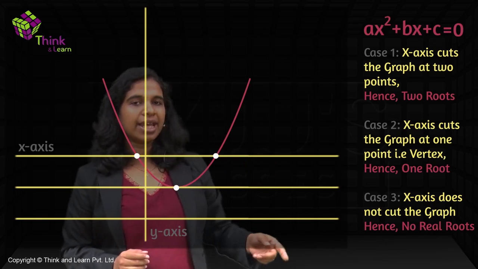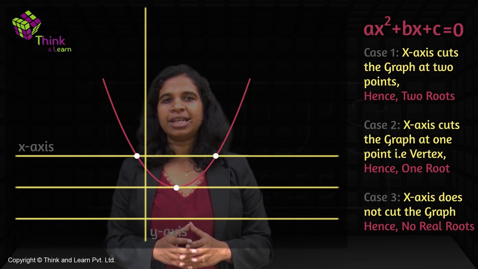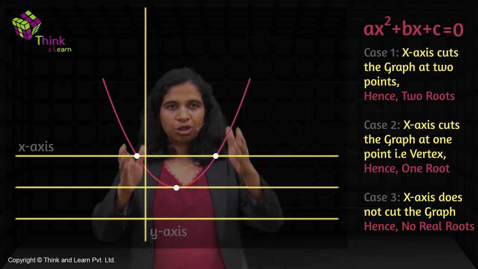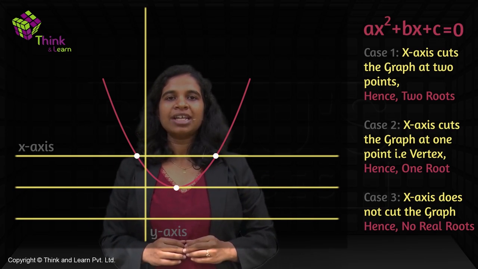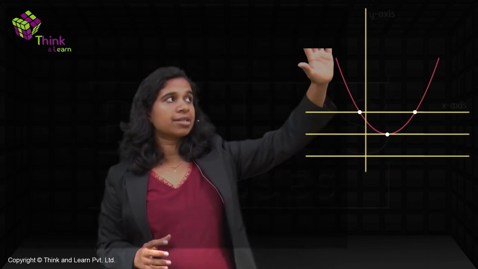Now this same thing, we can even do it algebraically. So far we've been seeing how to do it graphically, now how to do it algebraically. Let's do the same thing. So these are the 3 cases we know. Very nice, we know them on a graph. Let's see if we can find them in terms of algebra. Let's keep this aside for a moment. Now algebraically, how do you find the roots?